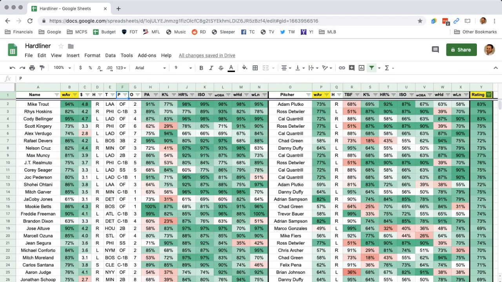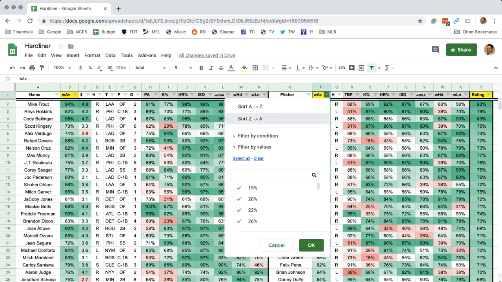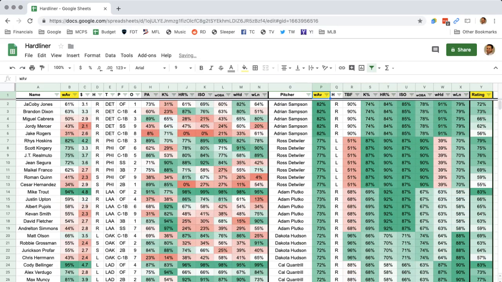So if we sort by weighted average of pitchers, what that allows us to isolate is some spots that opposing batters can feed off of. And as we already knew, Adrian Sampson leads the way with the highest weighted average, 82 against opposing righties.